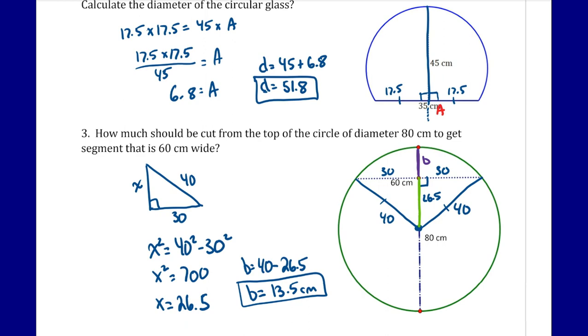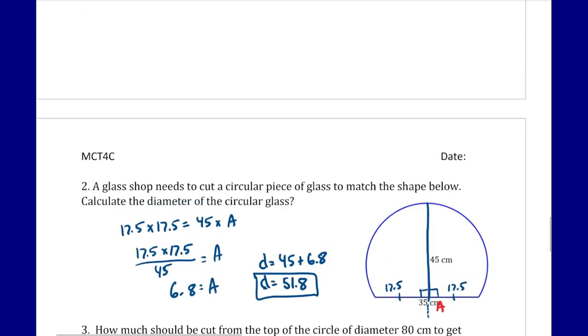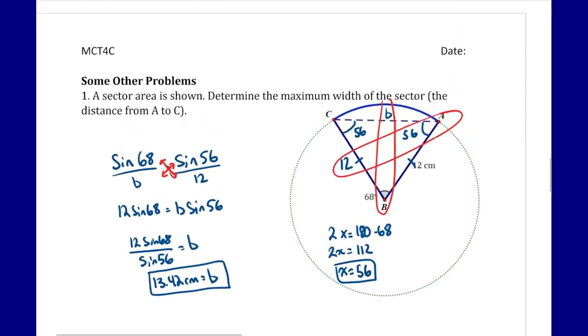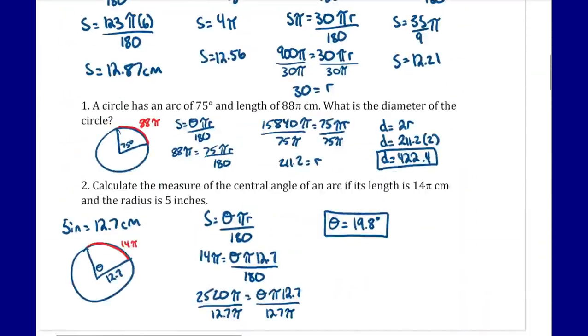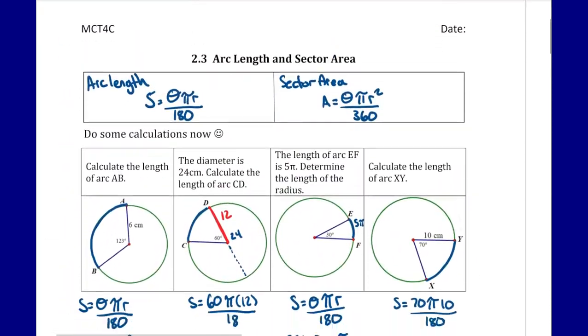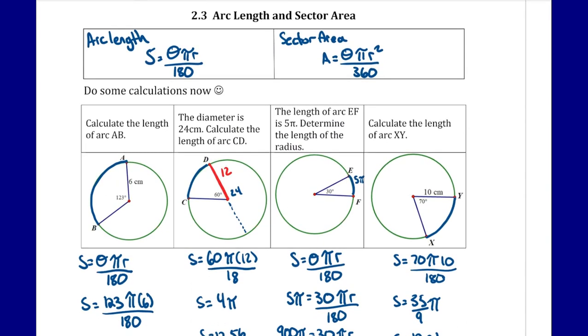So again, there are some additional problems here that we just looked at in the end. The main thing, though, is looking at these ones, the sector area and the arc length. So those are the main things that we should be looking at, or the main takeaways I want you to understand. The other ones are just additional extension types of questions. These two are the main formulas that you should be